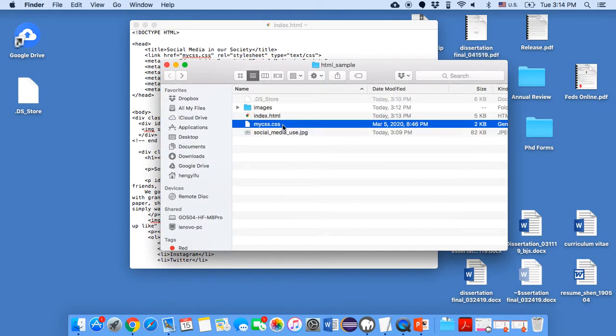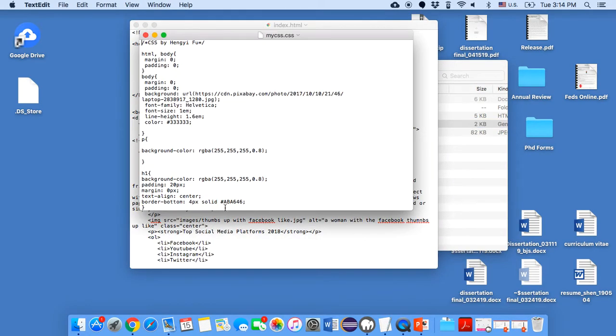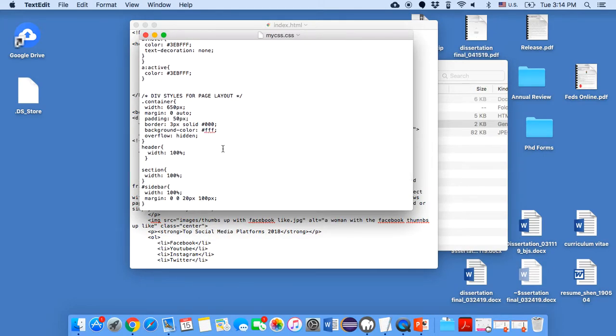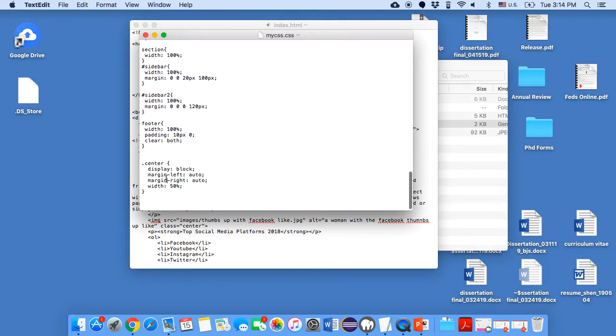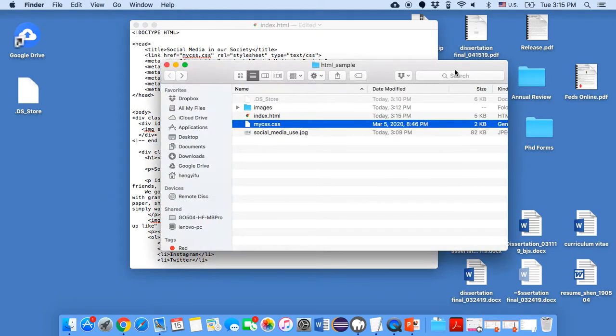If you take a look at the center class here, it displays margin left, margin right, and width. But you can still identify those values here, because if you